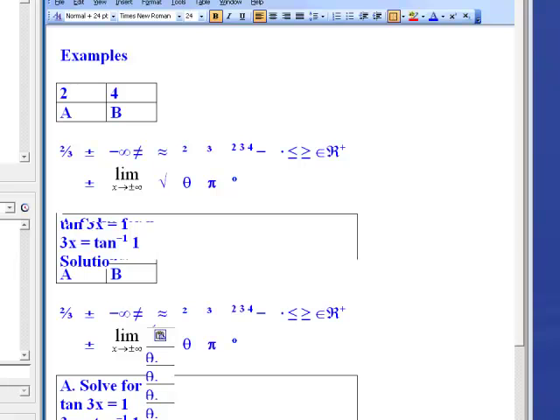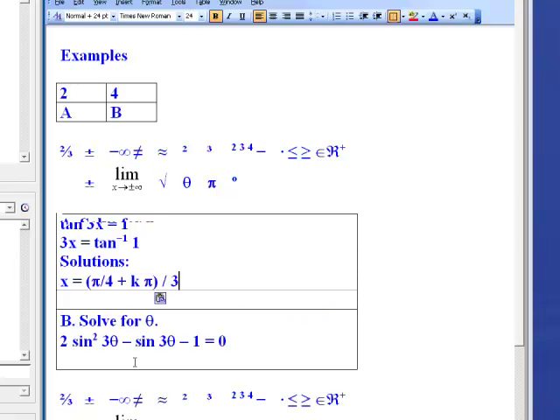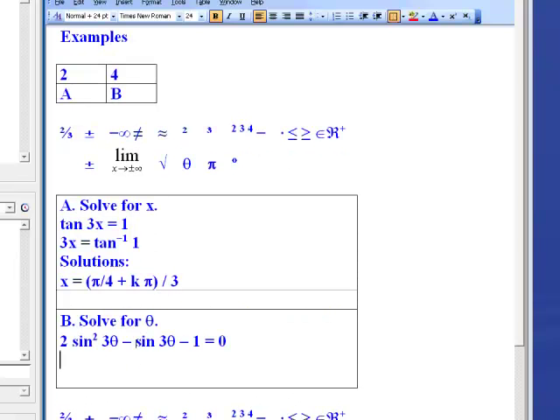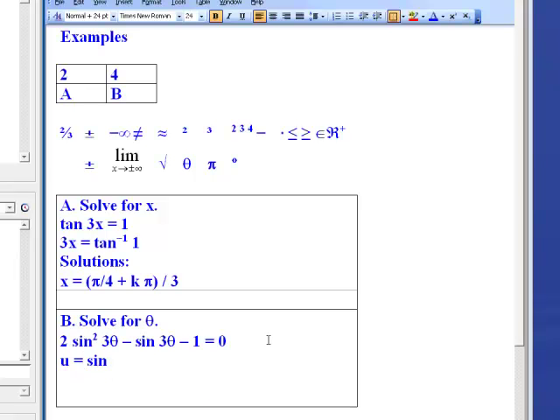Okay, one more example. As I said, relatively quick. Solve for theta. Here we have sine 3 theta. We didn't encounter an identity for it. However, we have sine 3 theta here, and then we have sine squared 3 theta there. So we just substitute a u for it. For example, u equals sine 3 theta,